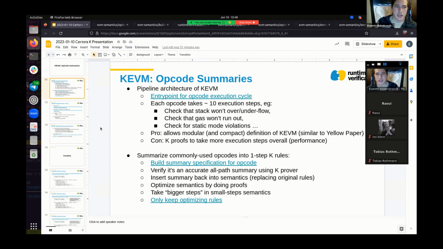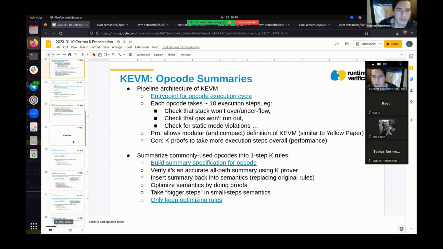We define it as you reach a point where symbolic execution branches, right? And that's a language independent heuristic for basic blocks. And so we are able to have kind of a language independent compiler. We call it a summarizer, but it builds a new K definition. You take your old K definition and your program, and you get a new K definition with these higher priority rules in it, that's 100x faster for your particular program, but for any other program, it falls back to the original semantics. So I don't know if that was clear for you, Muli, but